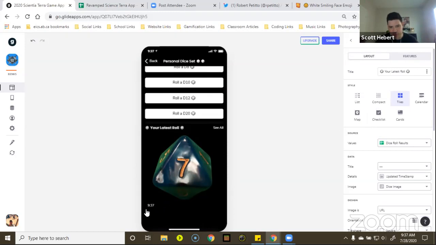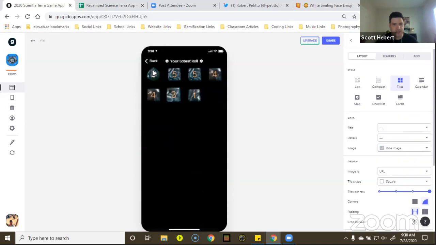So that's why I put the time thing, because if the dice produces the same number over and over again, you're kind of like, is it really rolling or is it not? Which is why I have the history of the dice roll here as well, which is cool. You can kind of check that out.